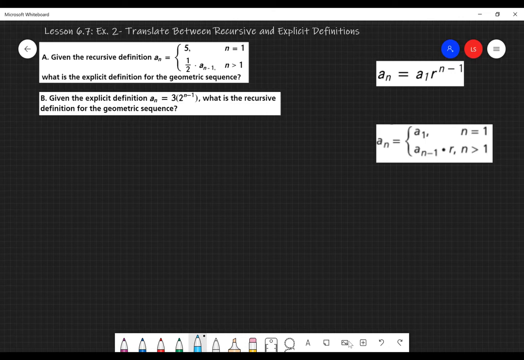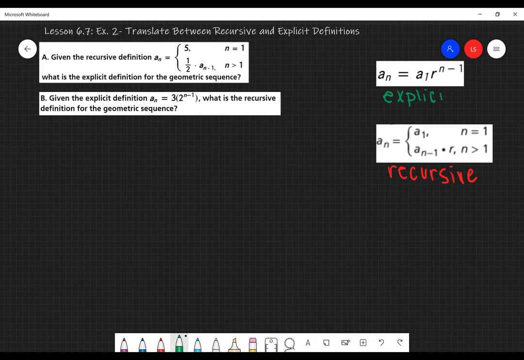This is lesson 6.7, example 2, and we're going to be going over how we can switch between or translate between recursive and explicit definitions of a geometric sequence. So the recursive definition we already talked about in example 1. Remember, the recursive definition is the one that relies on the term before it in order to move on in the sequence. Now the explicit definition